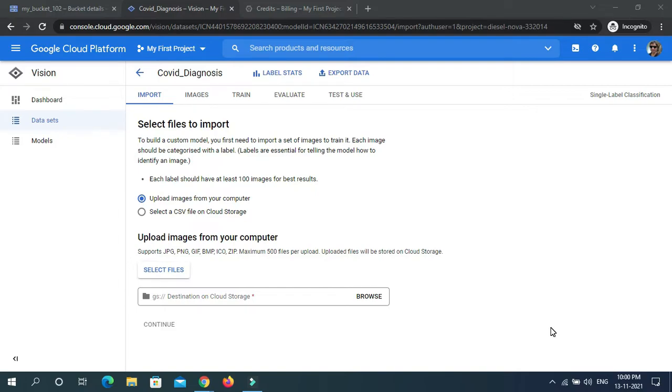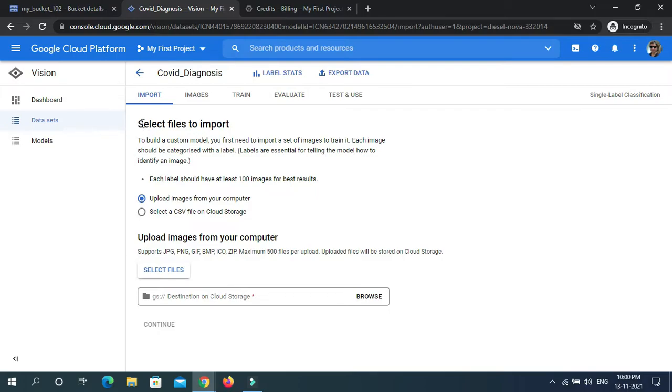Today I am going to show you my model which I have made on COVID diagnosis using Google Cloud AutoML. So let's get started. I have chosen this idea so that this model can help reduce the workload of doctors by detecting whether a person is diagnosed as COVID positive or not. So this will help reduce the workload of doctors. So let's get started.